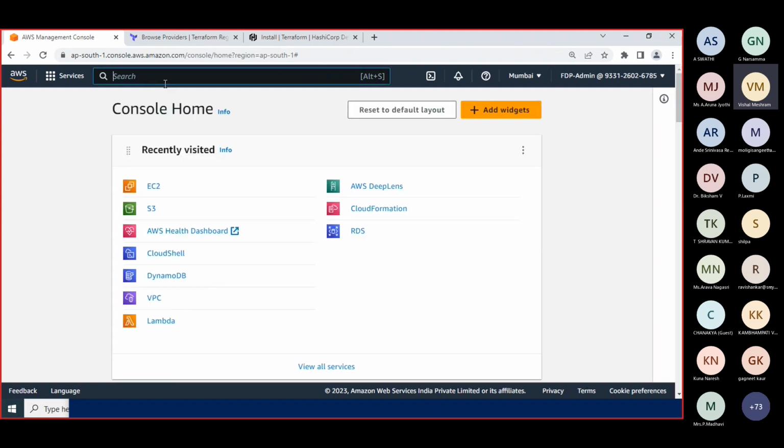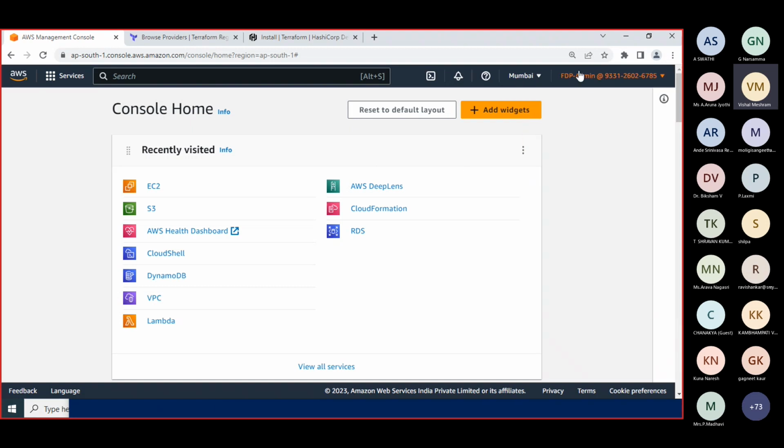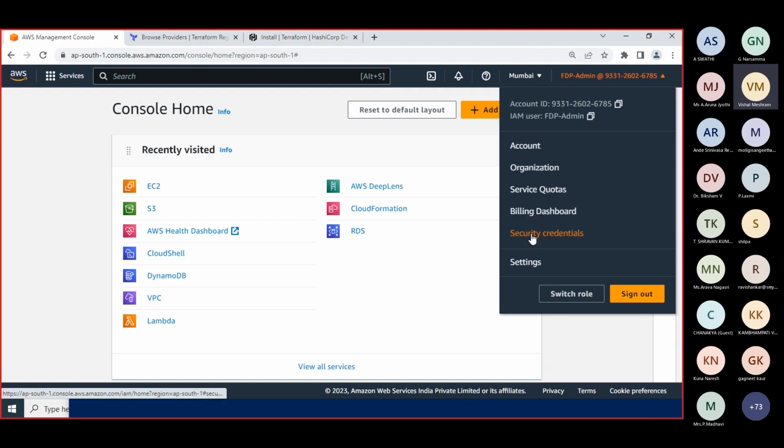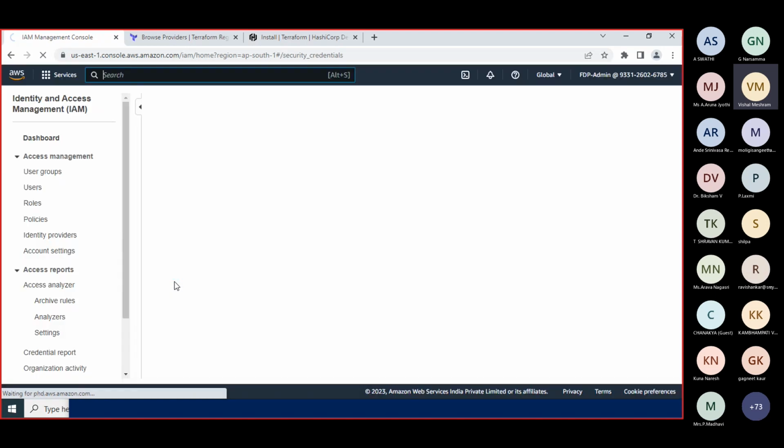Then here, click on your IAM user name and click on security credentials. So if you are on the security credentials, then